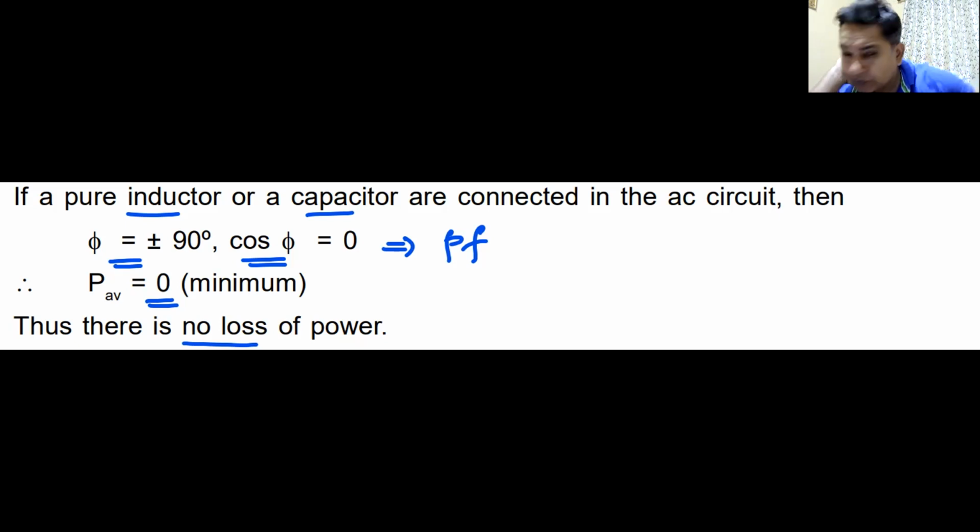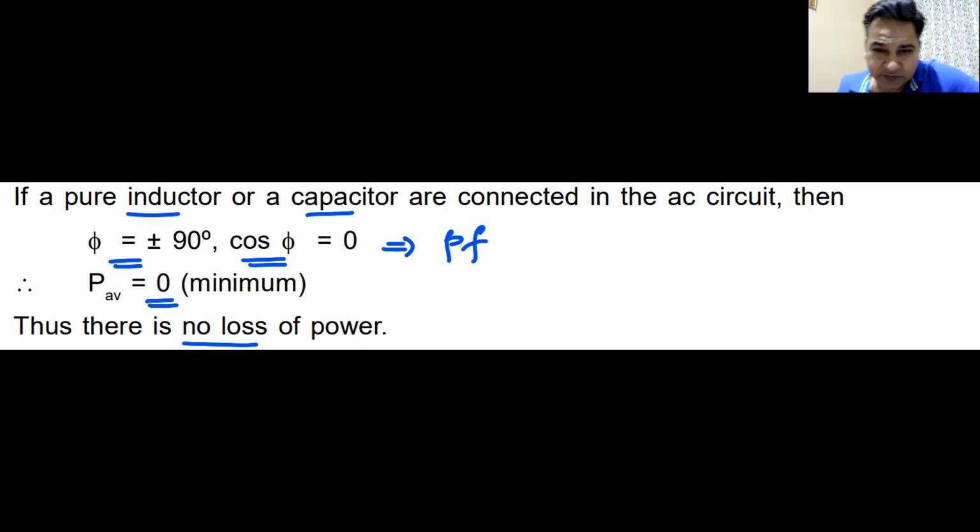Now, we have seen three cases probably. Case number 1, angle is 0. Case number 2, angle is plus pi by 2. Case number 3, angle is minus pi by 2. 0, plus pi by 2, minus pi by 2. But again, these three cases